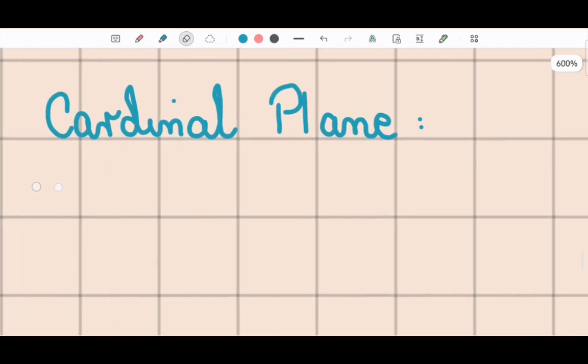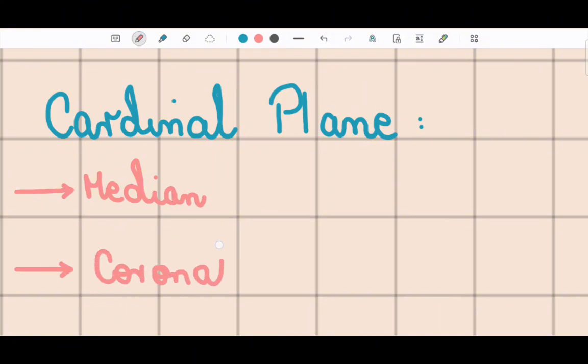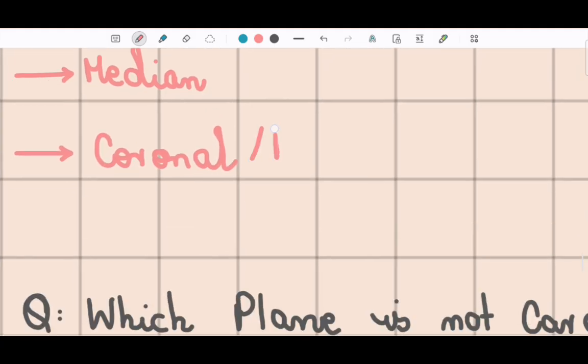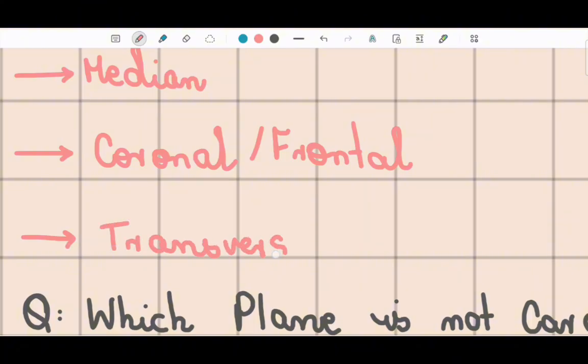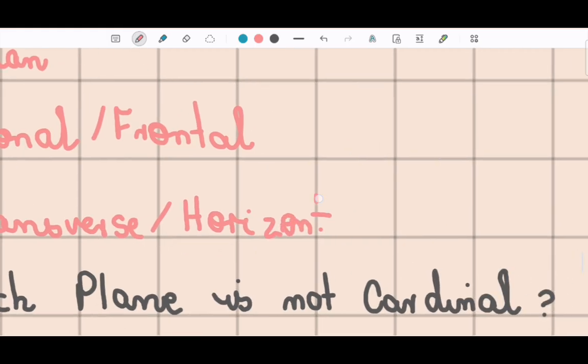So we have three planes that pass through that point, that is the median plane, the coronal or the frontal plane, and the last one is the transverse or the horizontal plane. Okay, so which horizontal plane,